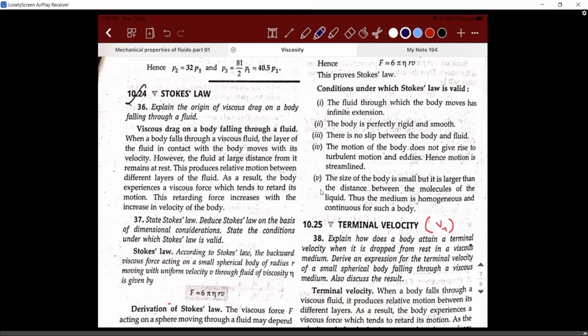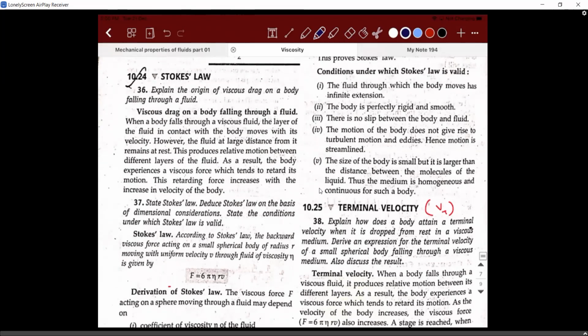So that solid that you're going to drop is a solid sphere. The base for that is an application of Stokes' law. It is defined something like this: viscous drag of a body falling through a liquid. Let me read it out, then you can write it down. I'll give you the mathematical equation.